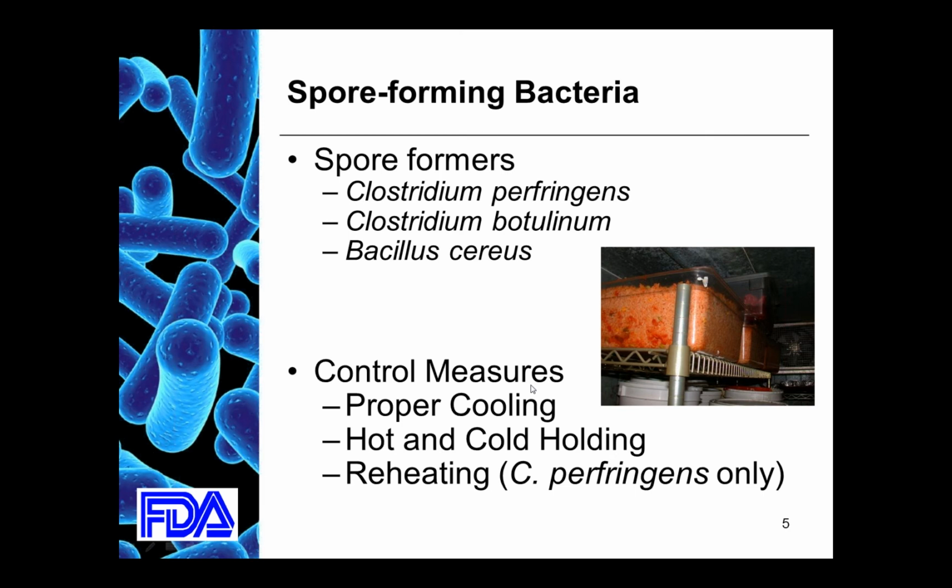So if we're worried about our spore formers, proper cooling, proper hot and cold holding, and making sure we reheat up to 165, it will at least control perfringens. And in the picture there, you can see we have this really deep container of rice. Being able to cool that fast enough, we would expect spores to be there. Rice comes from the environment. Cooling it fast enough is going to be impossible in my estimation, and we would have real concerns about a situation like this, with Bacillus cereus, particularly when associated with rice, being able to grow